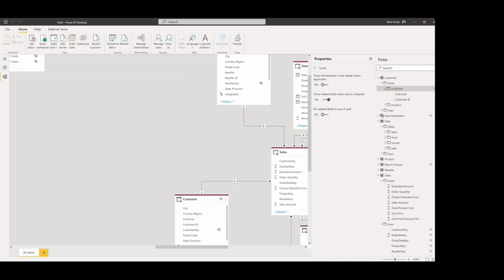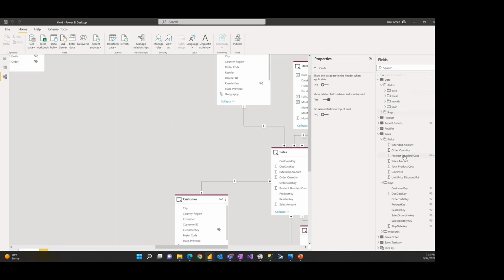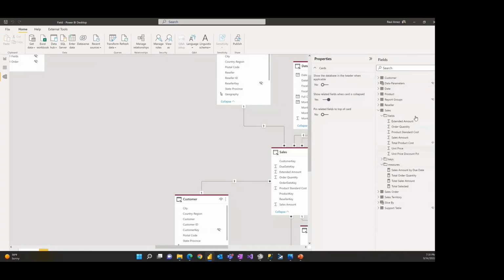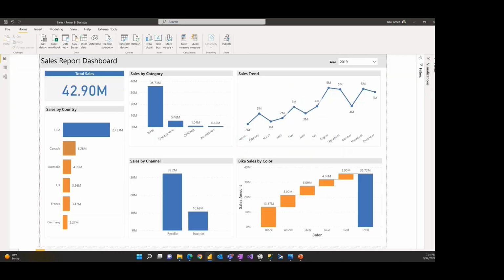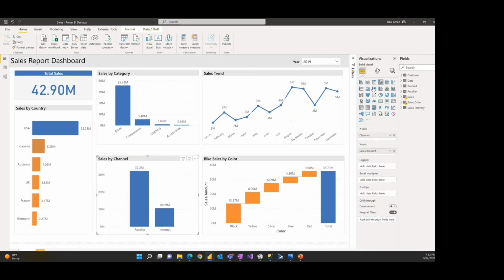Okay, so folder organization, hiding any support fields, that's important. And also I wanted to show this here. Let's tuck these away. Under sales, you see we have something like sales amount, and we can use that. Let me pull up my other version of this report and show that here. If we look at this visualization here,